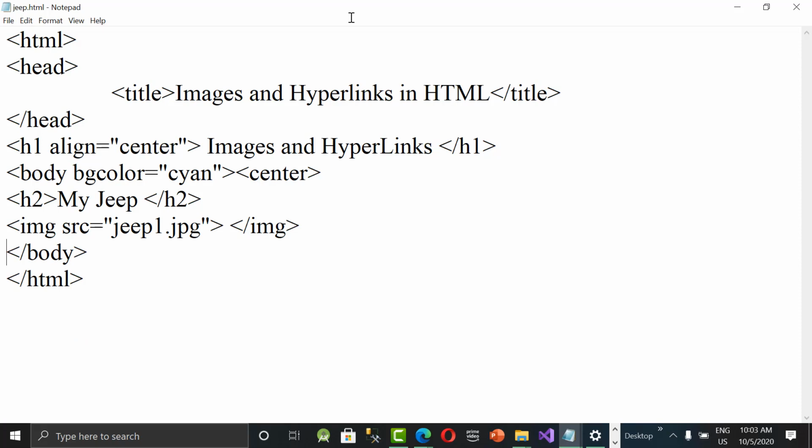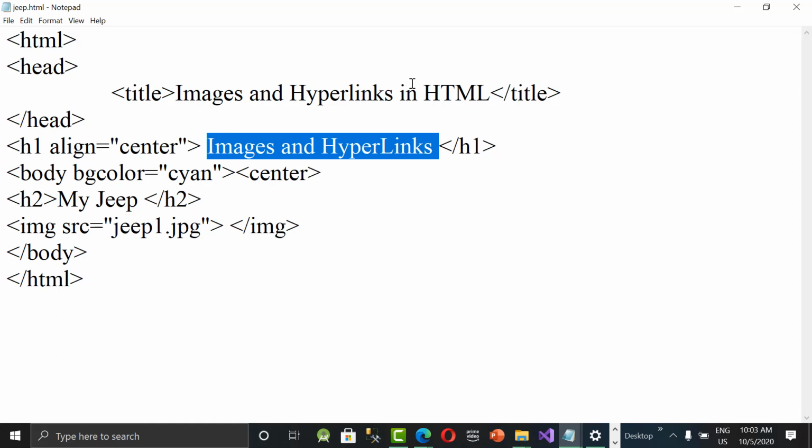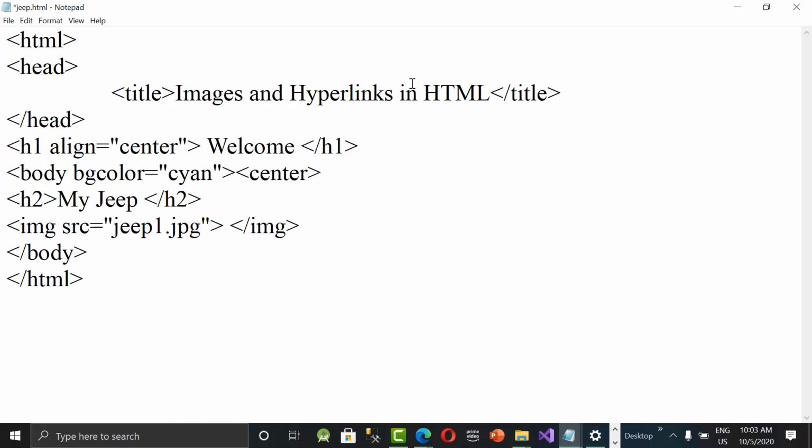I'll tell you that model first. So img tag open close, and I'm going to display zip1.jpg. And what is the file name? zip.html. And here, welcome to Zip India.